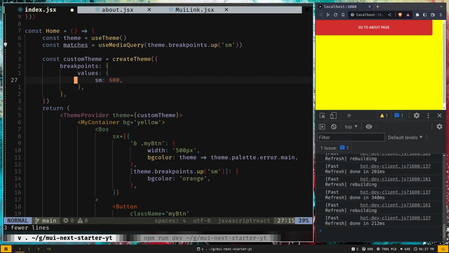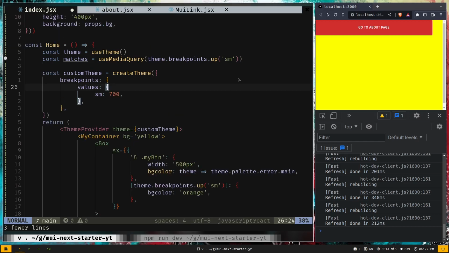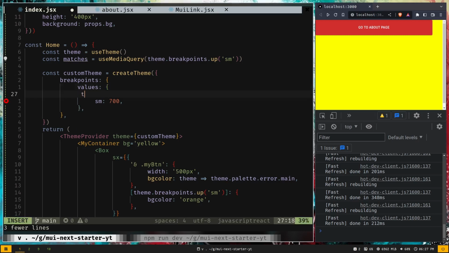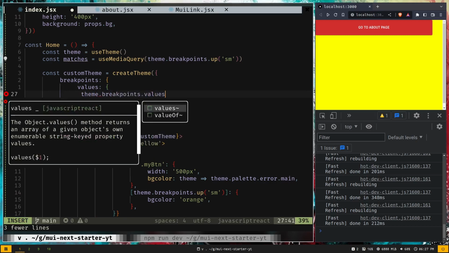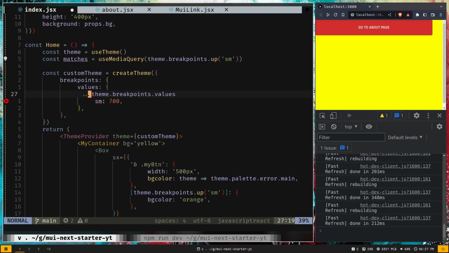If I just do this, 700 pixels, then the only breakpoint it will have is the sm breakpoint. So we need to provide all of them. So we can just spread out the values object from the breakpoint theme. So theme.breakpoints.values, and let's spread,